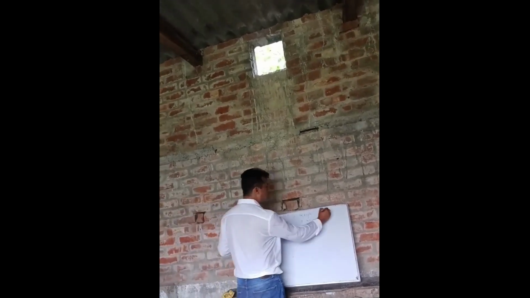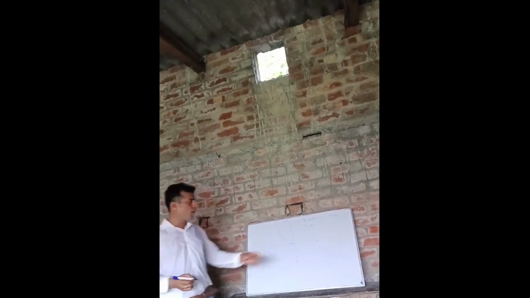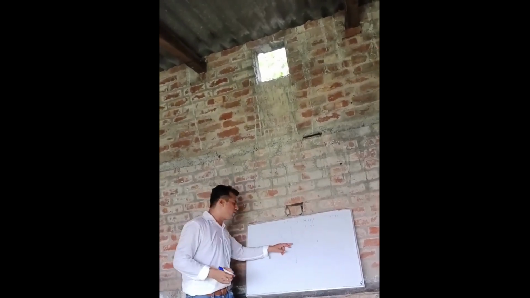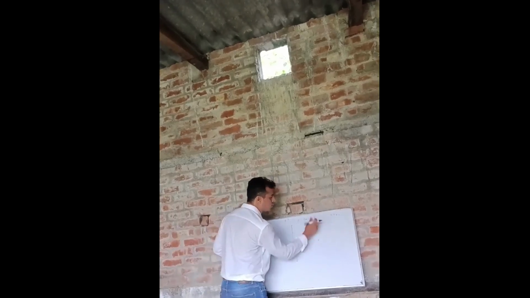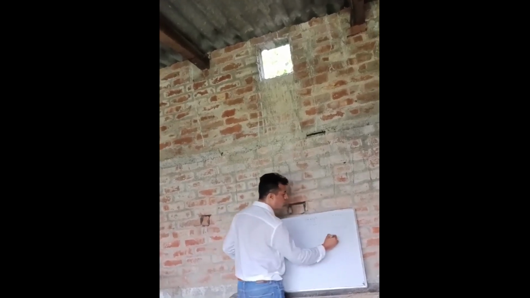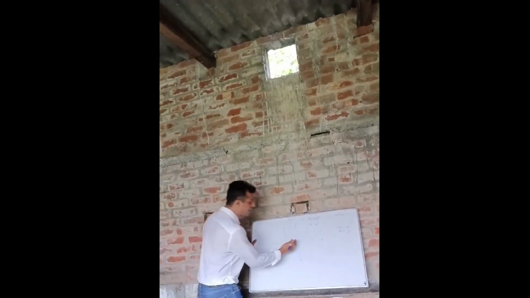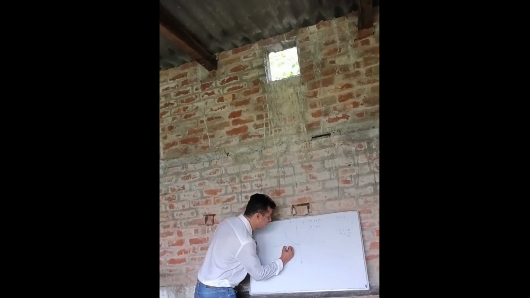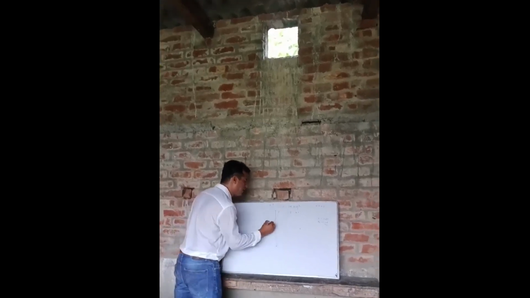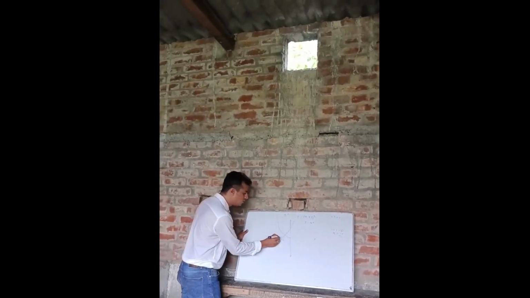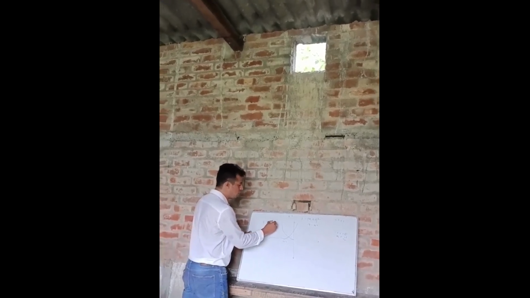For y equals x square plus 1, we will move 1 unit upwards. But now we have to put this quantity equal to 0. That is x plus 1 is equal to 0. So x is equal to minus 1. So now we have to move 1 unit leftward. So this is x equals minus 1. And the graph will start from here. This will be parallel. So this graph is y equals x plus 1 whole square.